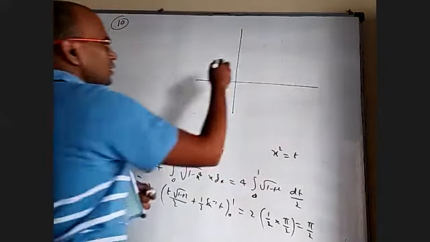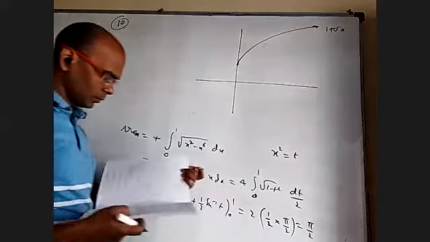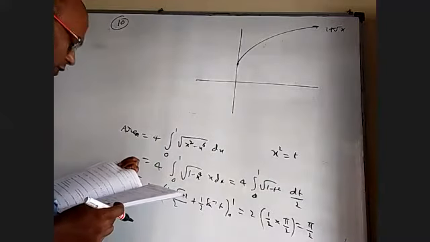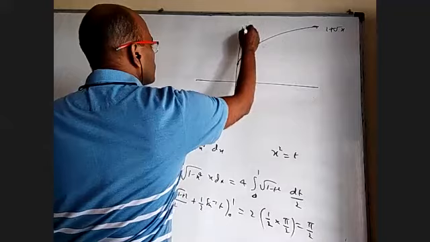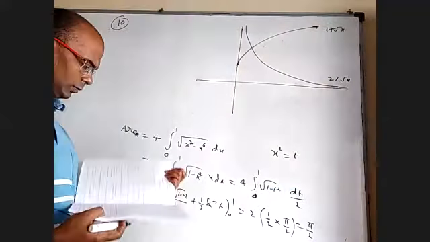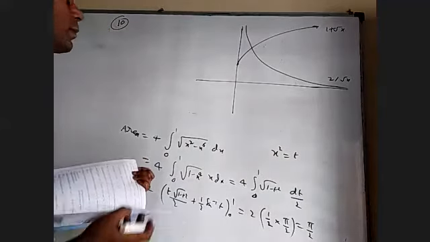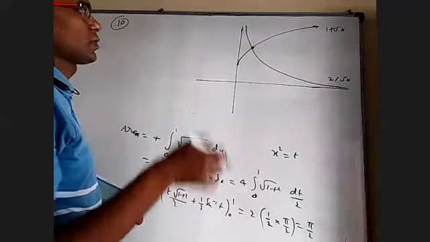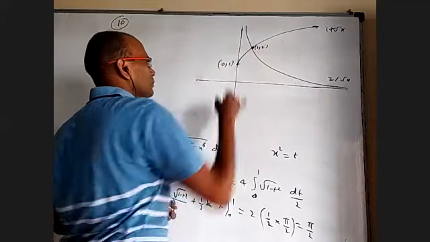1 plus root x, the graph is, it starts with 1 and goes like this. This is 1 plus root x. 2 by root x is a decreasing function, and at 0 it is infinity. This is the graph of 2 by root x for positive values. y equal to x by 4 is a straight line. So what is this point? When root x is 1, both are equal, so x is 1. So this point is 1 comma 2. This point is 0 comma 1.